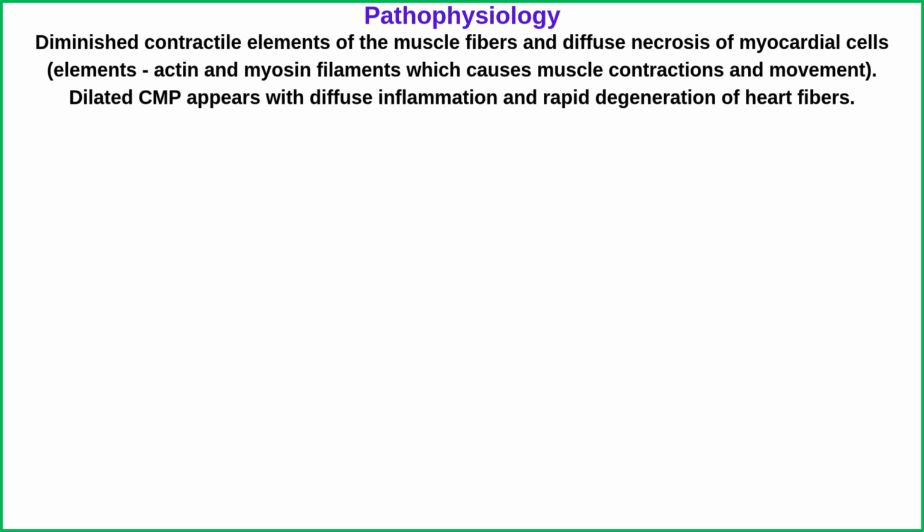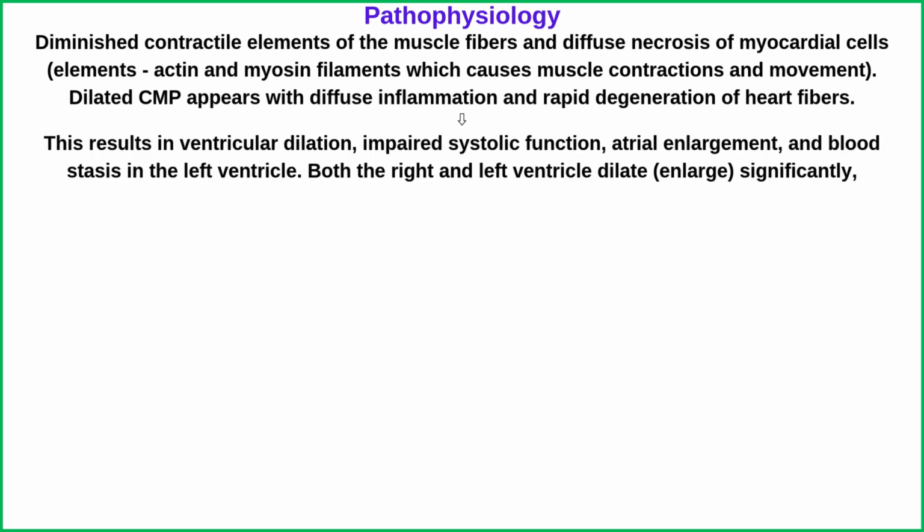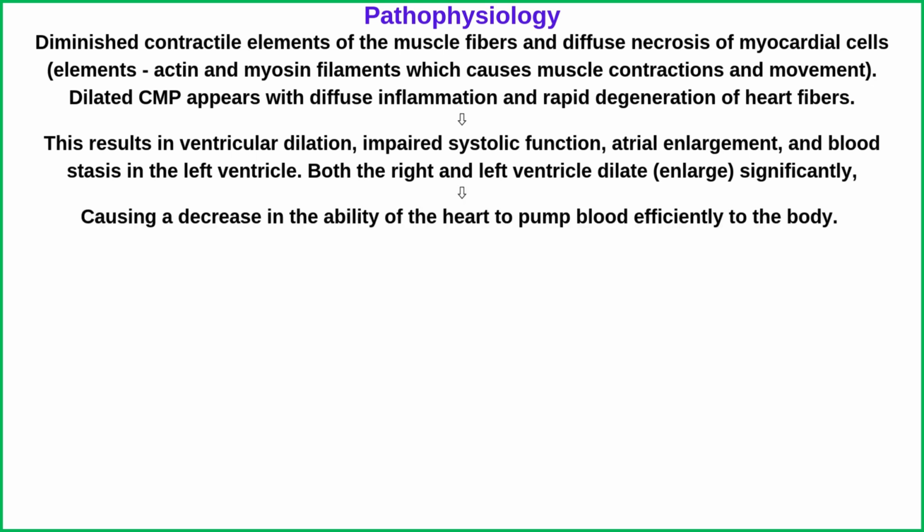The elements are actin and myosin filaments, which cause muscle contractions and movements. Dilated cardiomyopathy appears with diffuse inflammation and rapid degeneration of heart fibers. This results in ventricular dilation, impaired systolic function, atrial enlargement, and blood stasis in the left ventricle. Both the right and left ventricle dilate significantly, causing a decrease in the ability of the heart to pump blood